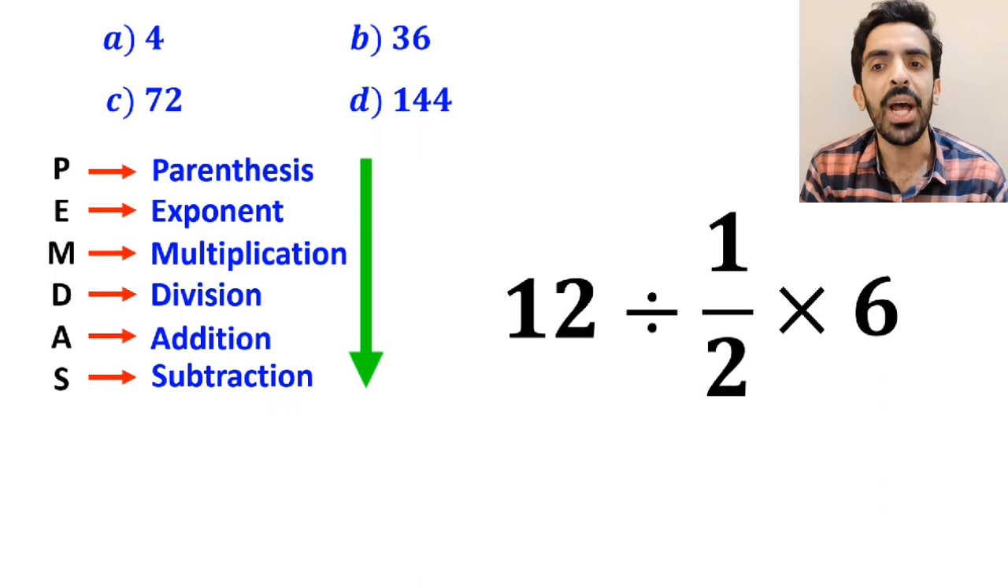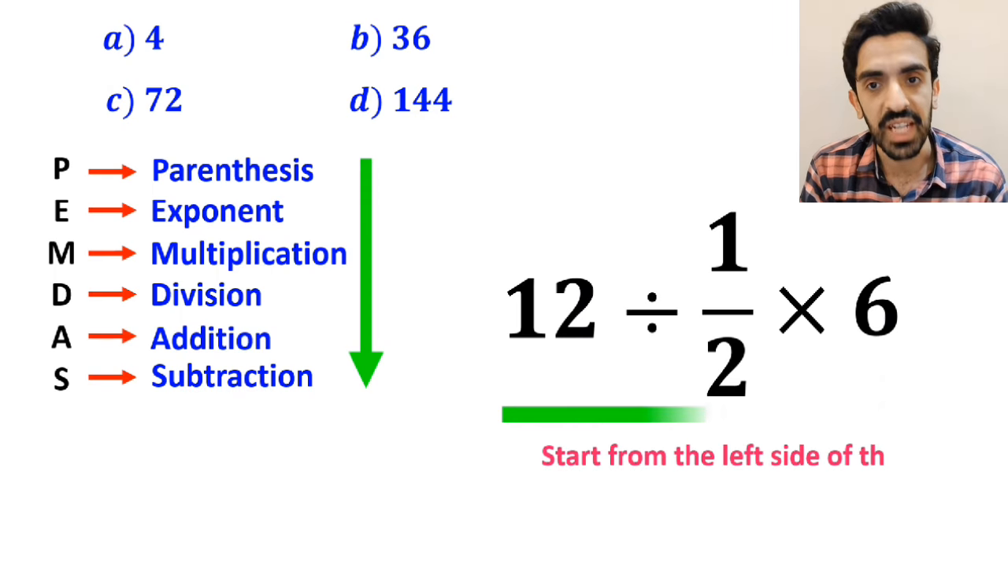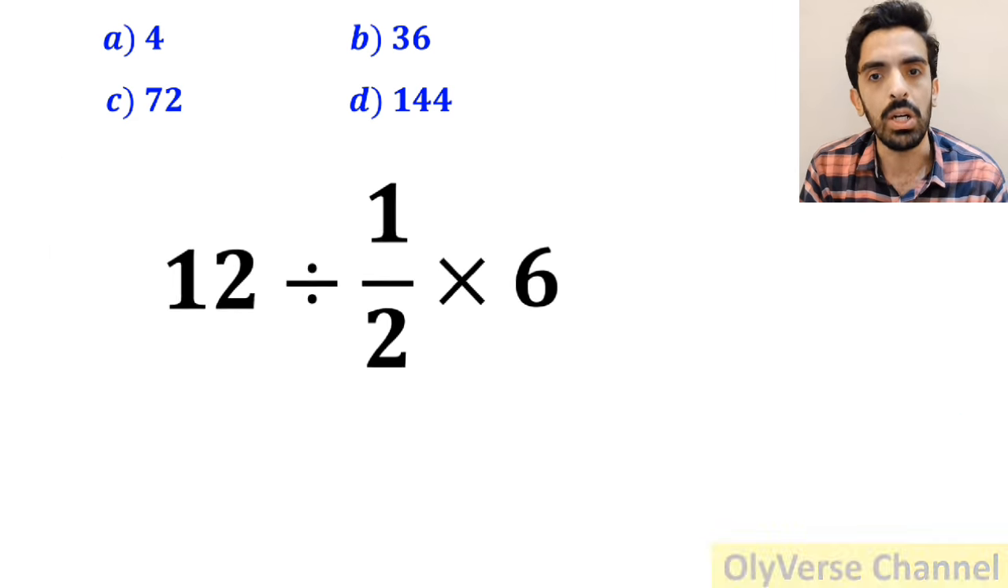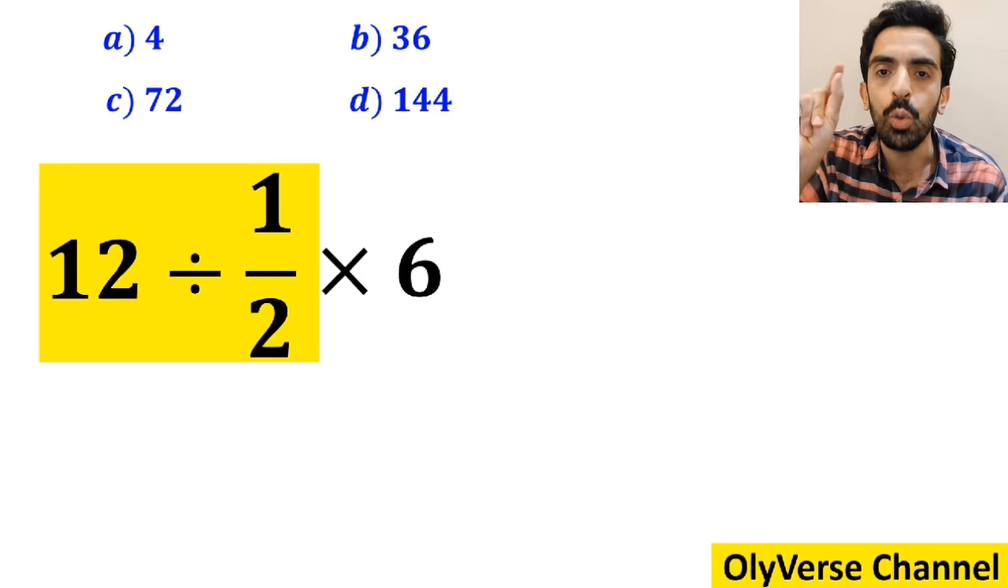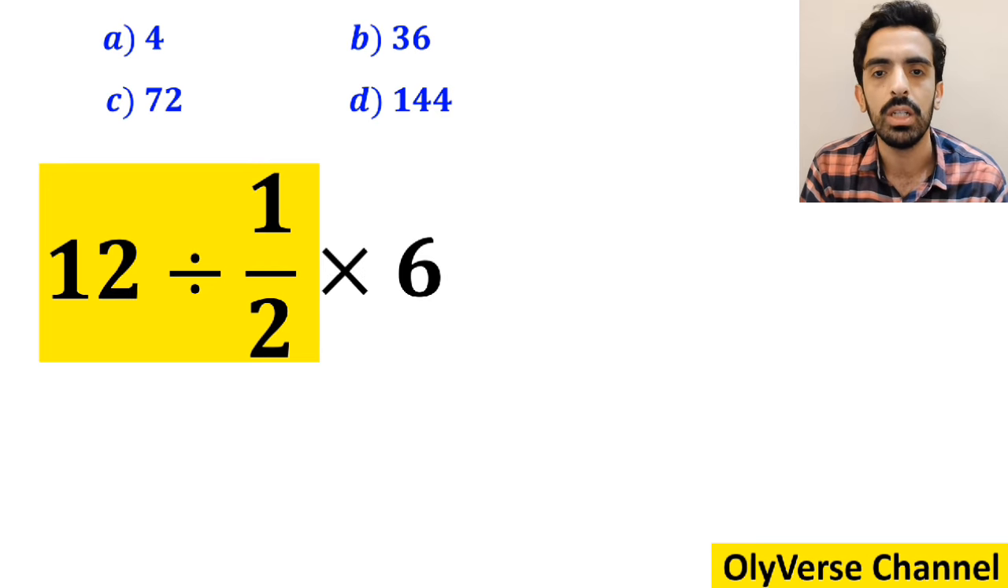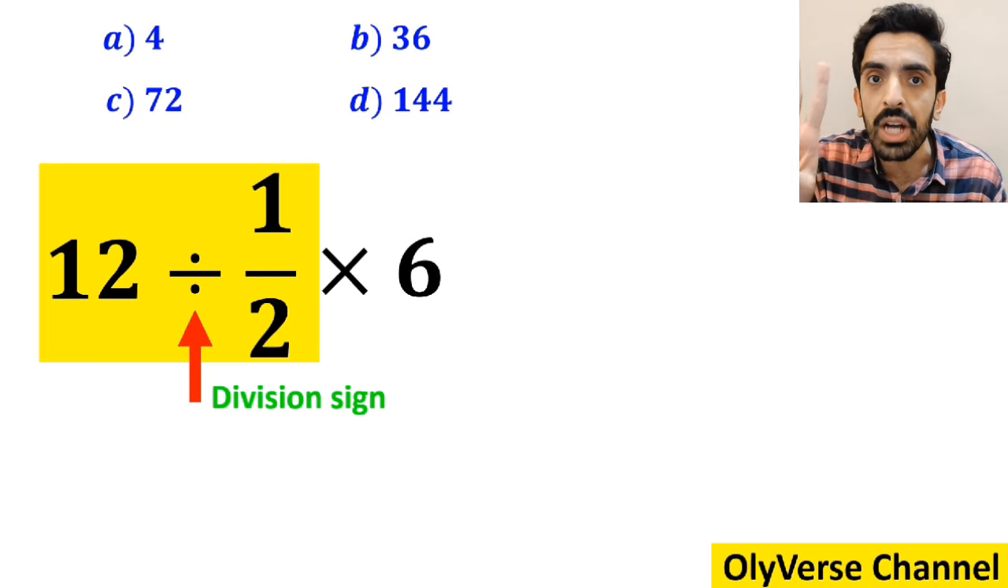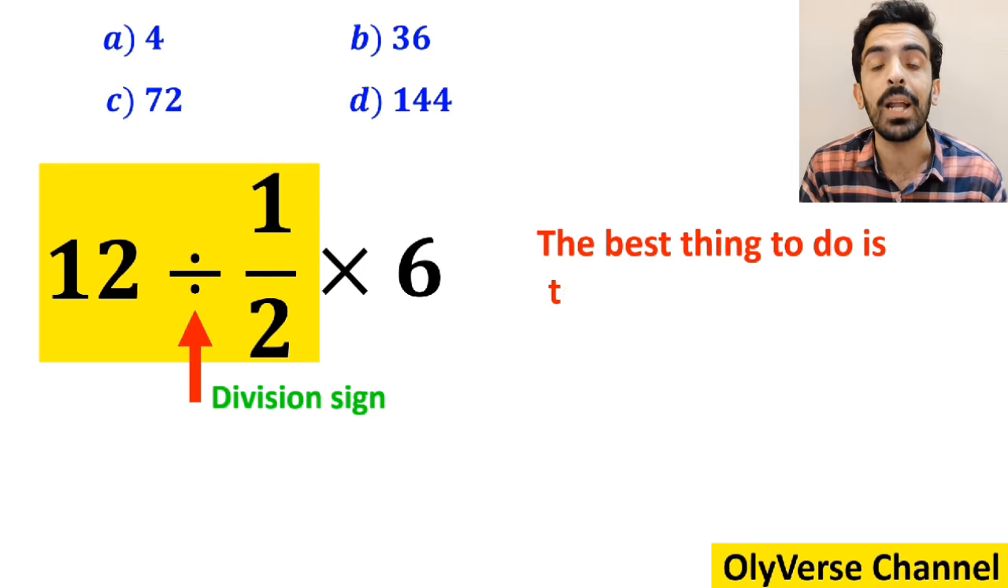In this case, the best thing to do is to start from the left side of the expression and move step by step toward the right. So, first we start with the expression 12 divided by 1 over 2. Okay, whenever we come across a division sign between two terms, the best thing to do is to apply the